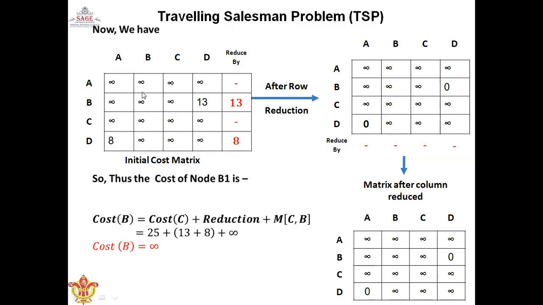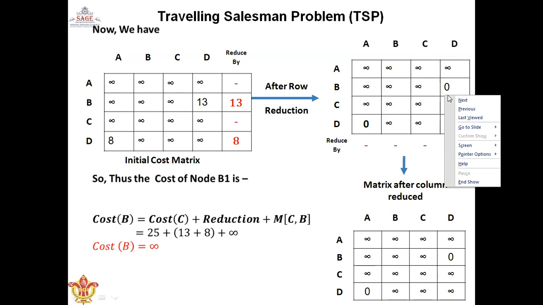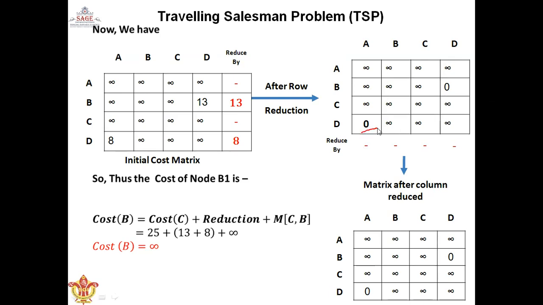Infinity here. So we are doing the reduction, that is row reduction. There it is not required to do the reduction. We have 13 only, that's why I have written 13. We have not required reduction. There we have to write 8. And what we'll do in row reduction, we have to subtract 13 from 13, so 13 minus 13 gives 0, and 8 minus 8 gives 0. So we don't require any kind of column reduction, and 0 is there, infinity is there, so we don't require to do anything here.